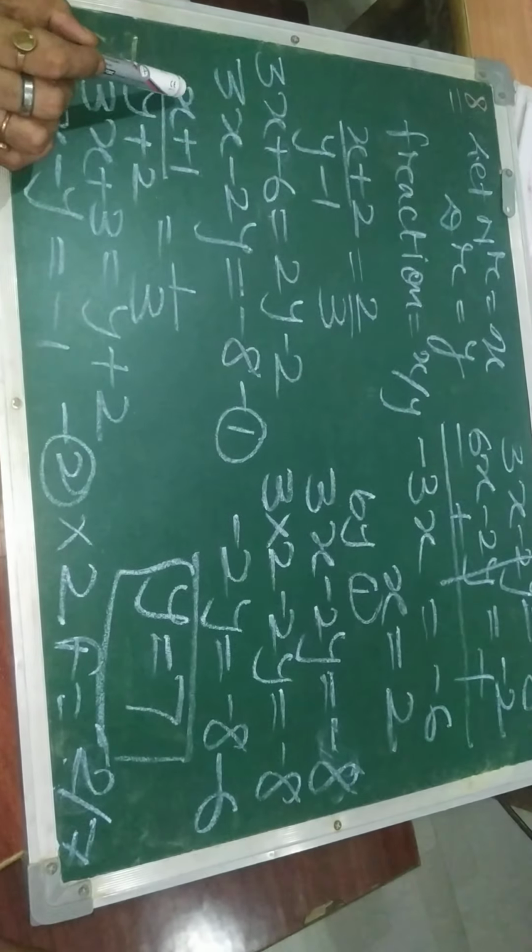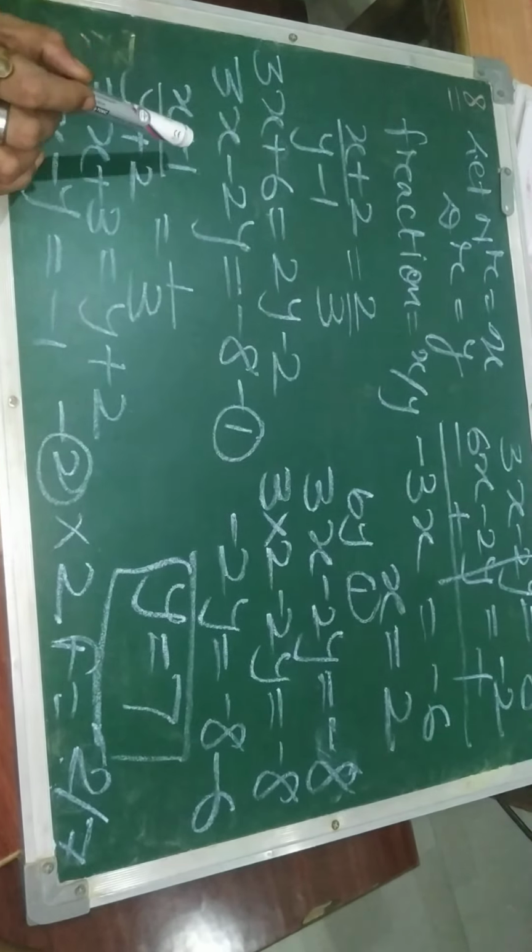Now according to the second statement, if the numerator is increased by 1, numerator is x, if x increased by 1, it converts into x plus 1, and the denominator is increased by 2, denominator is y, if increased by 2, it converts into y plus 2, then it becomes 1 by 3, so equals 1 by 3. On cross multiplication, 3x plus 3 equals y plus 2. y transfer from right hand side to left hand side converts to minus y, and 3 transfer from right to left, 2 minus 3 is minus 1, 3x minus y minus... equals minus 1, equation number 2.